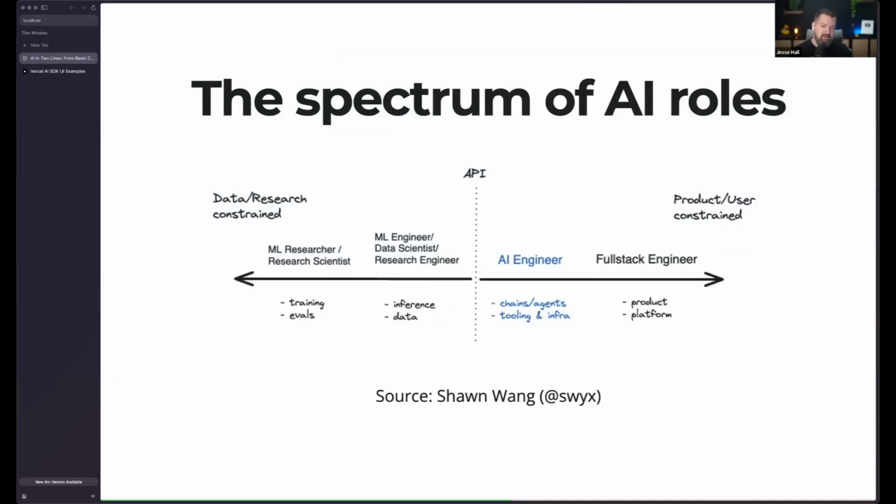But on the left side, we've got data, the ML researchers, the engineers, and on the right side, we've got AI engineers, full stack engineers, developers that are building things with the models that the ML engineers are creating, right? And now this is not a black and white situation here. There are some things that can bleed in between these two sides. That's why there's a dotted line there. But in the very most simple of terms, AI is just an API.